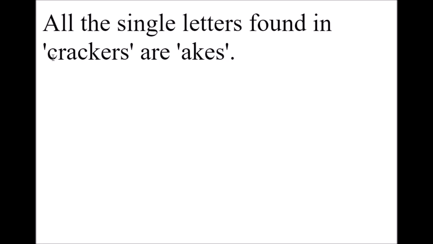So C is here once, and the inner for loop is kind of going through, no C, no C, there's another C, so C appears twice, nothing, nothing, nothing. So if C appears more than once, I'm not going to add that to my final string, maybe called single letters, so I will not add a C. Then the outer for loop advances and looks at the next letter, R in this case, and then the inner